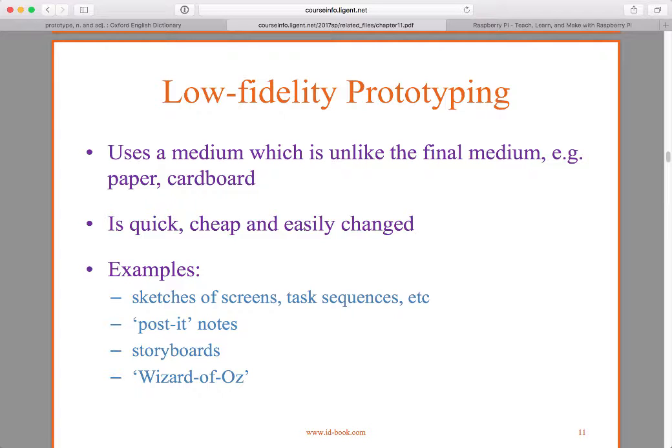So what might a low fidelity prototype be? Well, it's going to use a medium which is unlike the final medium. Okay, it might be paper or cardboard. It's quick, it's cheap, it's easily changed. Okay. Examples: sketches of screens, task sequences, post-it notes, storyboards. Wizard of Oz is kind of interesting because, as I understand the Wizard of Oz, as they explain it in the textbook, it's a lot like an approach that